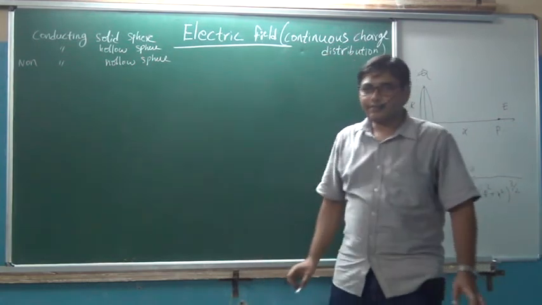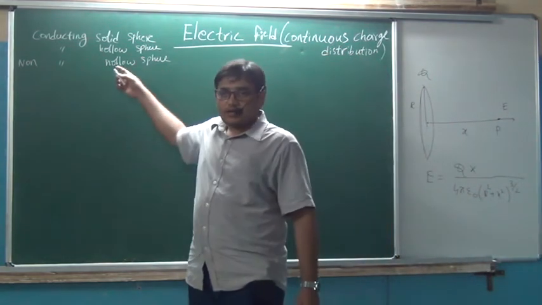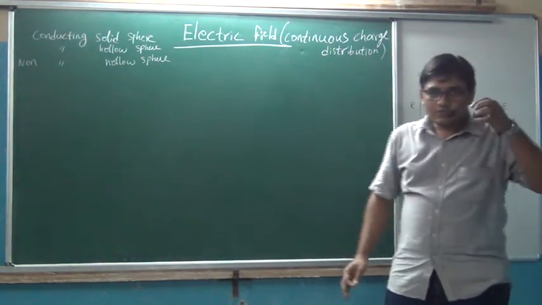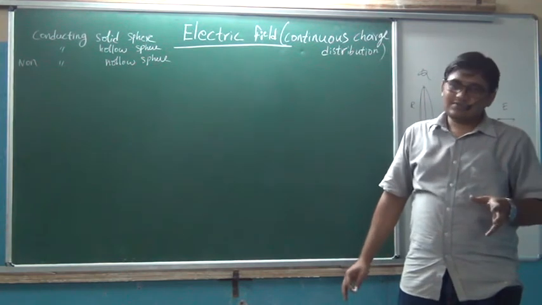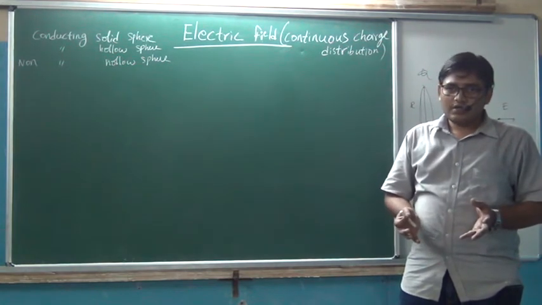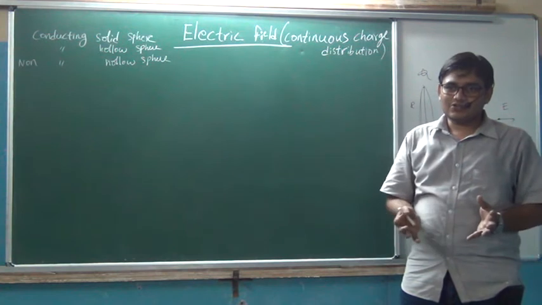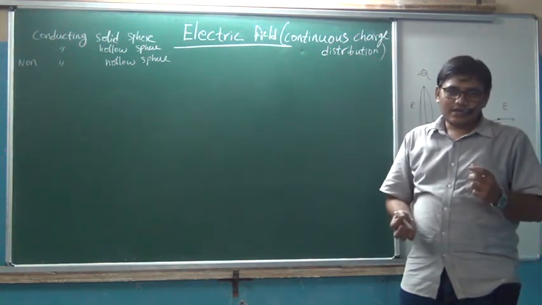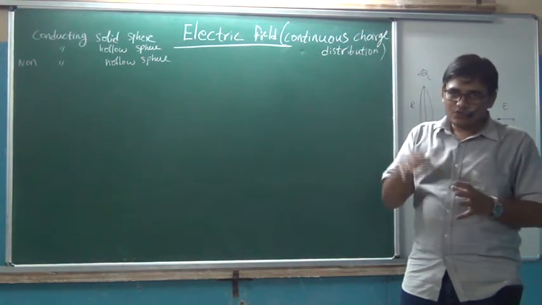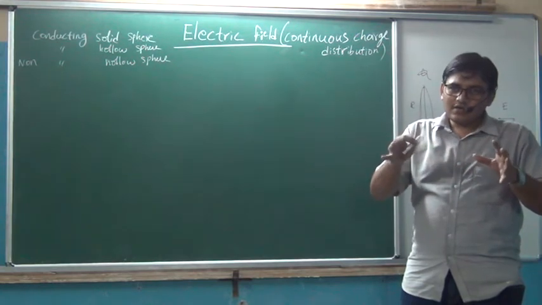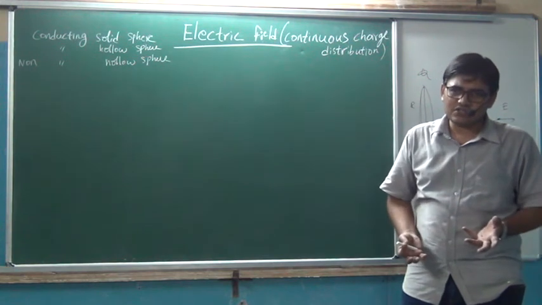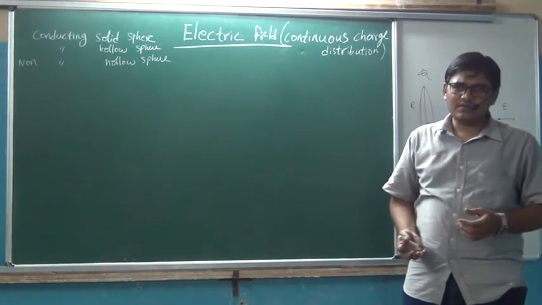Why do they come under the same category? If you take a conducting solid sphere and give some charge, where does it reside? It will come to the surface, obviously. So the distribution is a surface charge distribution on the sphere. If you take a thin hollow shell of conducting material and give charge to it, again it will get distributed on the surface. Obviously, it is also a surface charge distribution. Thin means only the skin we can find.